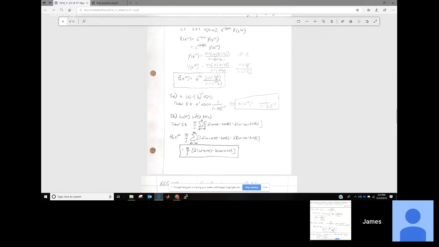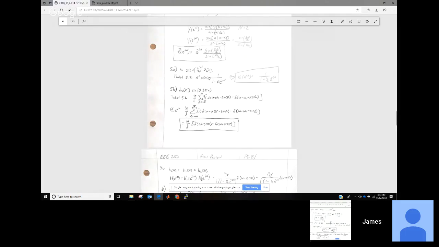So anyway, for problem 5, just this one is a straight table conversion. From the table, we know that 1/2 to the n times u of n is this. So I always think of 1/2 to the n like some value less than 1 to the n. It's almost like the e in the discrete time, because you get pretty close to the same transform. And maybe that might confuse you. I don't really know if that's even right thinking. So anyway,